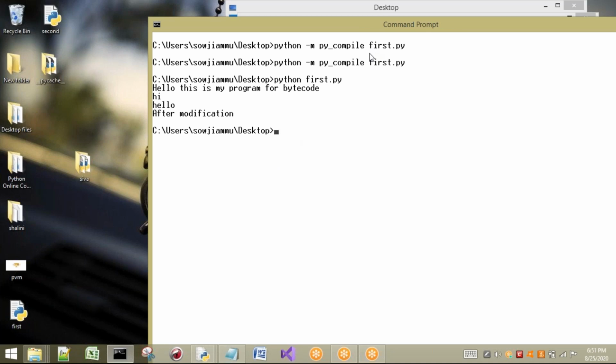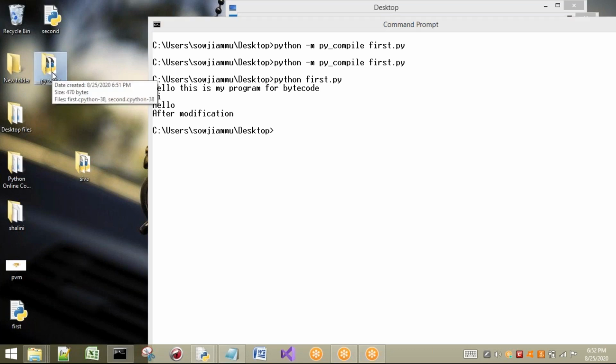Internally in your interpreter, we have a compiler. After compilation, bytecode will be created. That bytecode will be sent to where? It is going to be sent to a virtual machine, the Python virtual machine. It is going to give the output. But internally these things happen, so I have created .pyc files and I have shown those things. Here in this case, I have shown only one file.